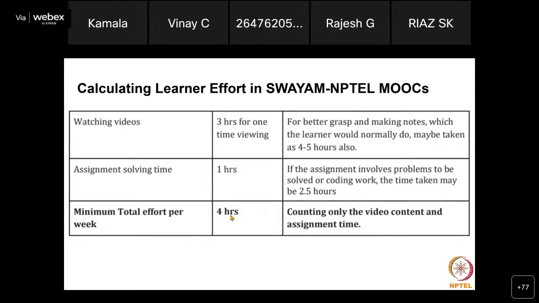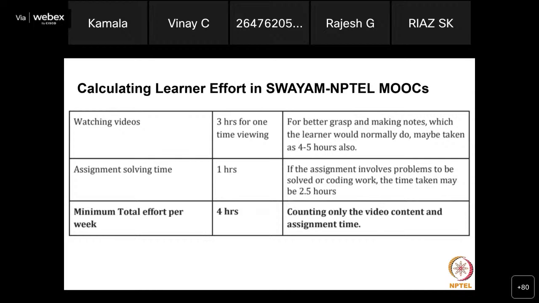Sometimes a student may, for better grasp, spend more hours watching videos, 4 to 5 hours of video. And in other cases, for assignment solving, a typical student, instead of 1 hour, may even take 2.5 hours to solve the assignment. So you have to keep this in mind while calculating the learner effort. If you want to blindly go with our recommendations, that is fine too, because we have come up with this recommendation after a lot of discussions and deliberations. So if you want to follow that, that is fine. But if your senate, your board wants to discuss this and decide how many hours they are putting in from the student side, then that is also up to you. You can extend the credits.